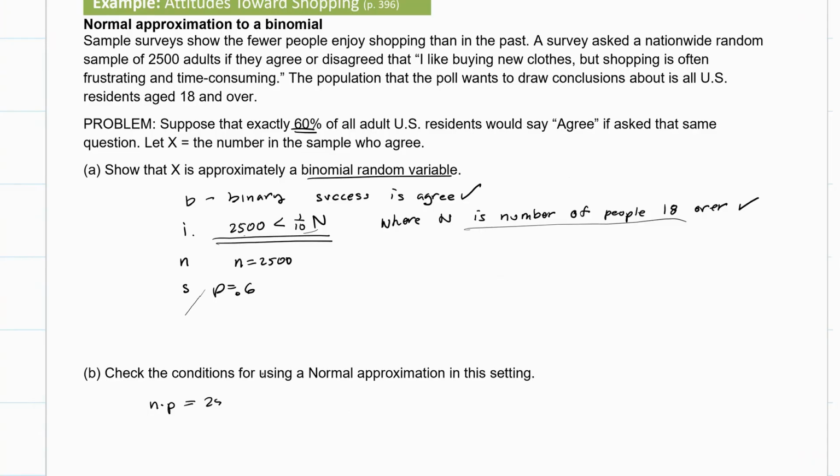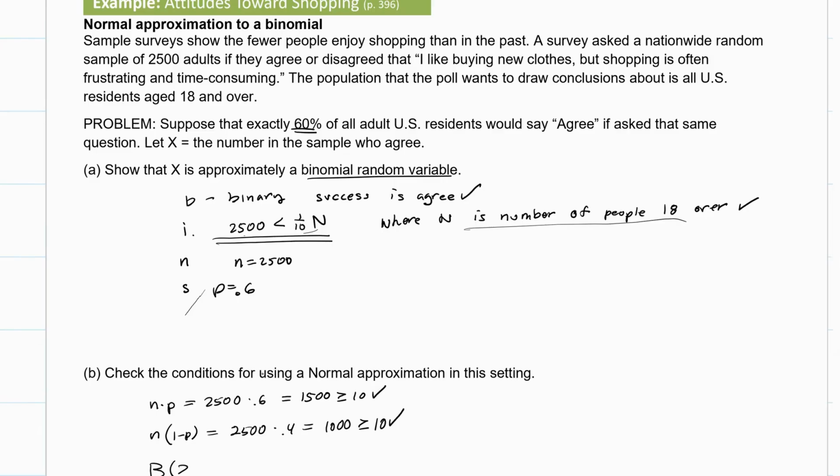What is n times p? Well, n times p is 2,500 times 0.6, which ends up being 1,500. And 1,500 is definitely greater than or equal to 10, so we give ourselves a check mark on that. What about n times 1 minus p, or 2,500 times 0.4? Well, that ends up being 1,000, and 1,000 is greater than 10. And so, yes, indeed,